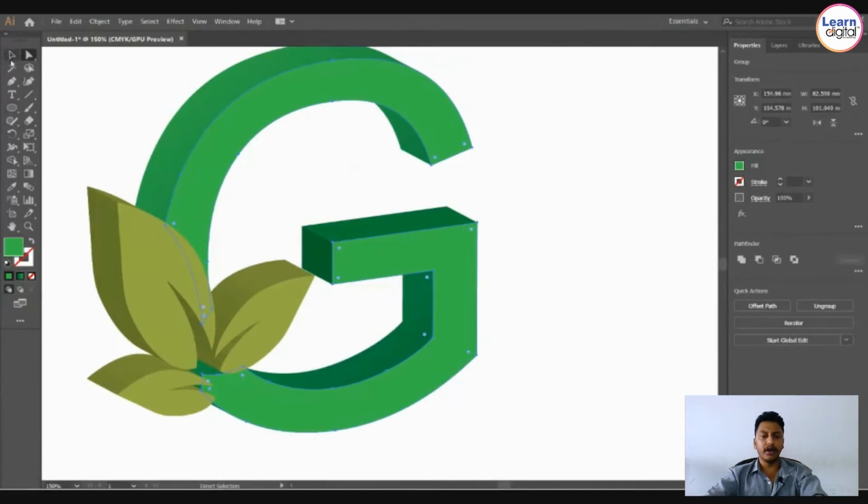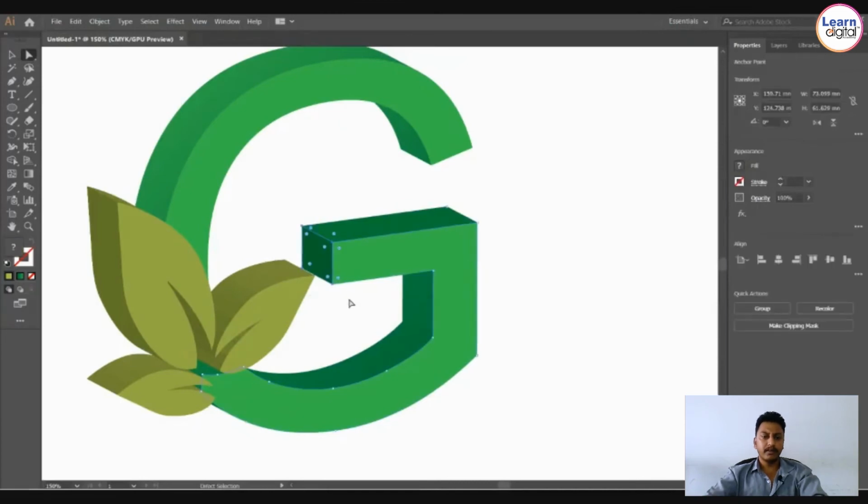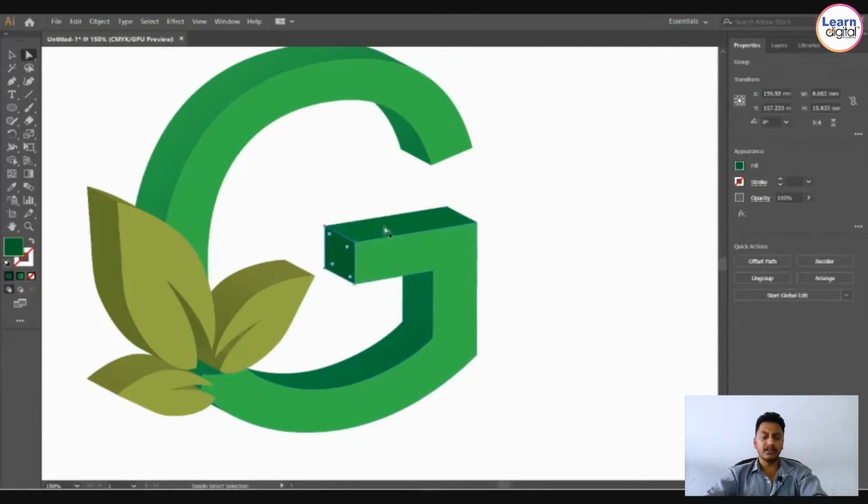If it is not required, not to worry, you can continue your work as it is. Any one point, if you want to make smooth also, you can do like this, but it should not affect your logo design. Currently I'm happy with the sharp edges, so that's why I'm releasing the sharp edge.